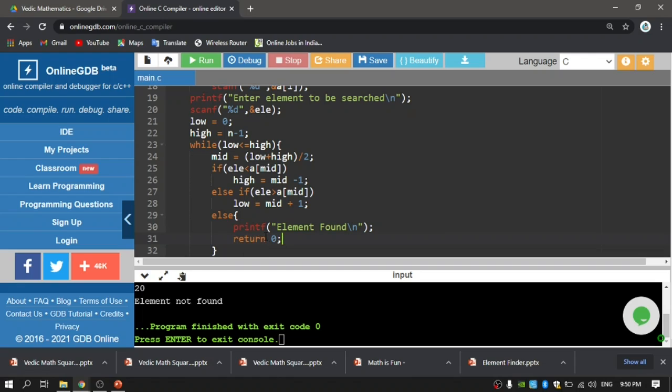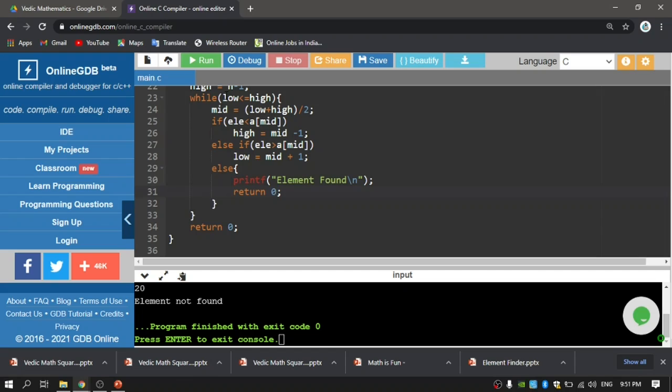Yeah, what is the meaning of it? Successful termination. Whenever my element is not in the lower half and not in the upper half, then there is only one option left. What is that? My element is there in the current location that I am searching for. So element found is the one, and after this message I am returning, which means I am making my program terminate with 0, which means success. I got 0 errors in searching for the element. That is the meaning of it.